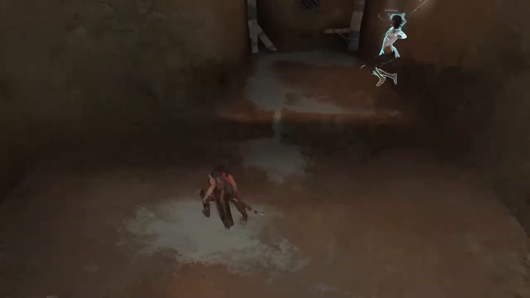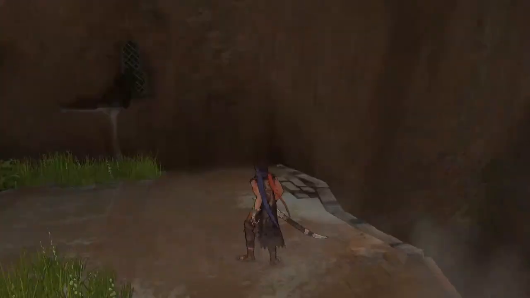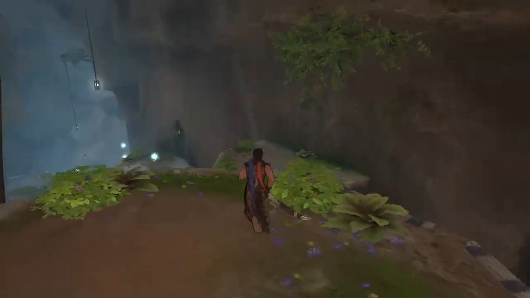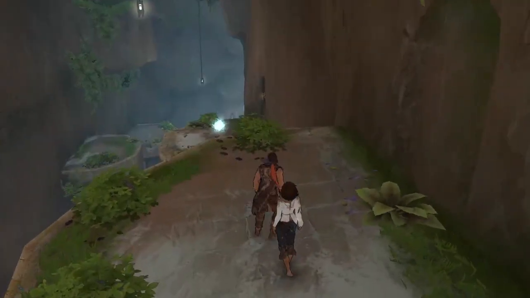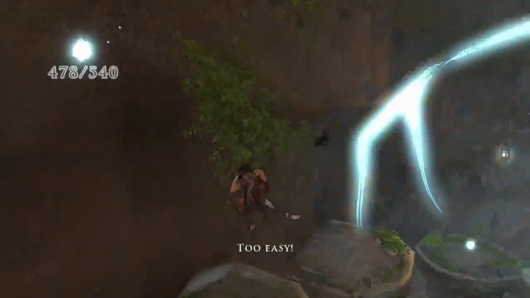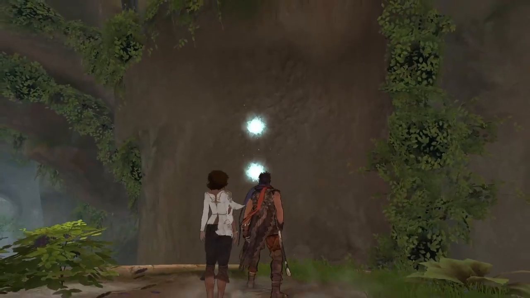So I think they did an amazing job choosing this art style to lean into those fantasy influences.